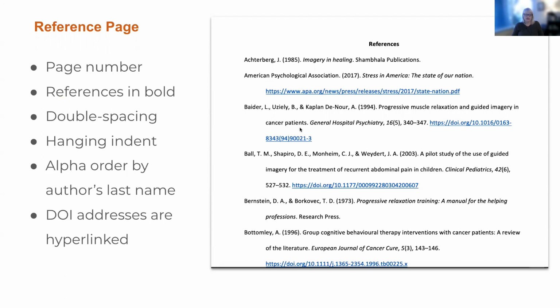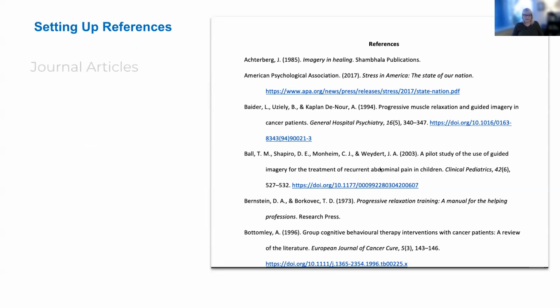And one other quick note is that you do include hyperlinks for DOI addresses or URLs. So that's the basic structure: alphabetical order by last name of the author, hanging indent, double spaced, DOI addresses are hyperlinked.